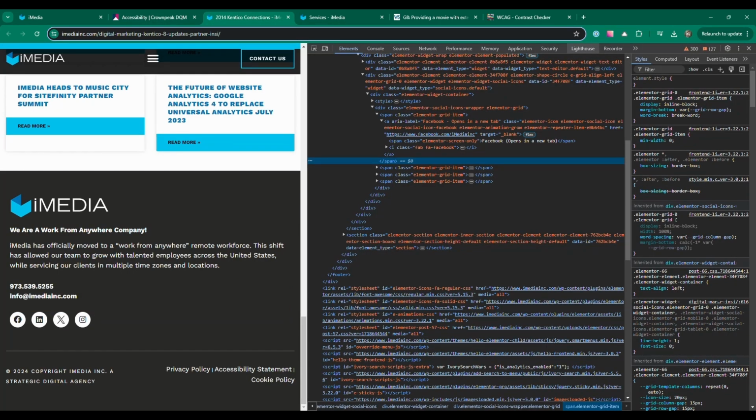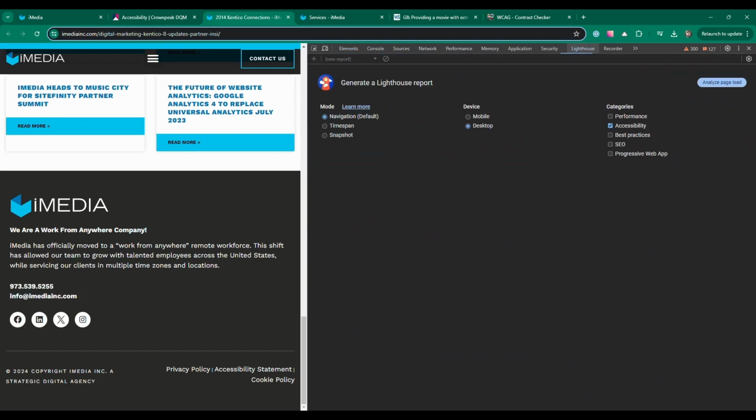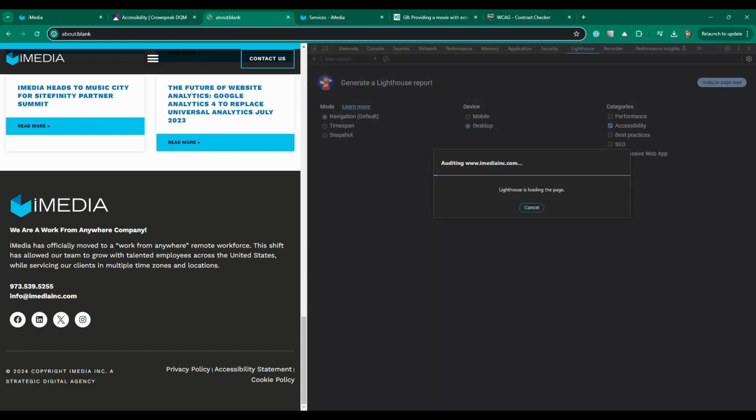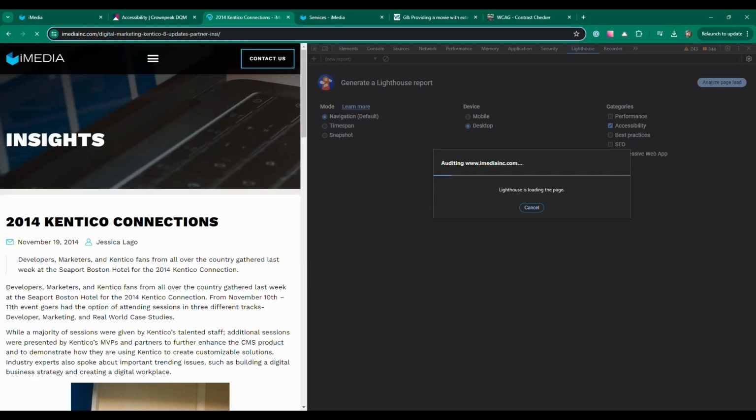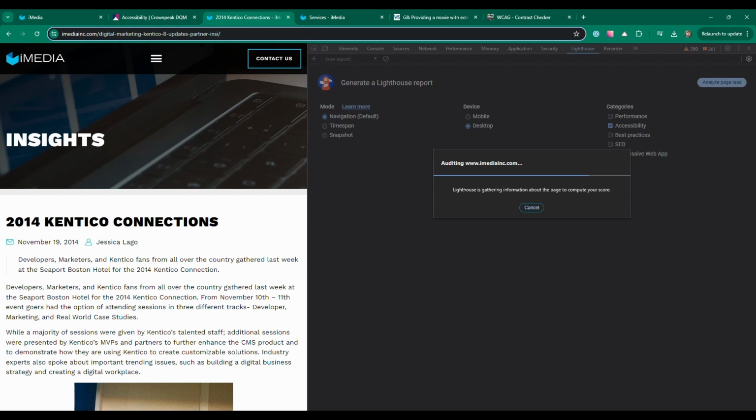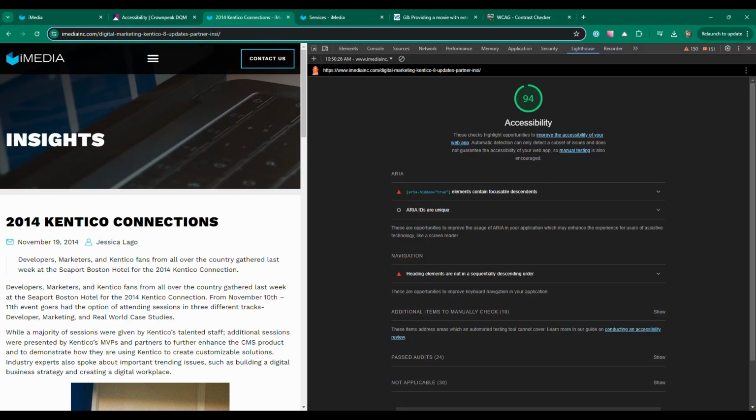If you are in the dev tools, particularly in Chrome, there is a plugin called Lighthouse that you can use to generate an accessibility report on the fly. If you click on this tab in the console, you can just do navigation, and for device we want desktop. In this case it doesn't matter because it is showing on both. Just because we're only going for accessibility right now, we can uncheck everything else and click Analyze Page Load. In this particular case, it's not going to show that as fixed because I just fixed it in the dev tools. But once you have the permanent fix up on your site, you can run this and it'll show you right away